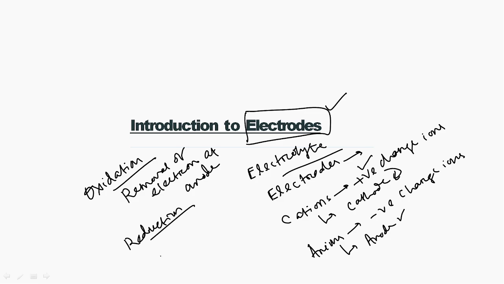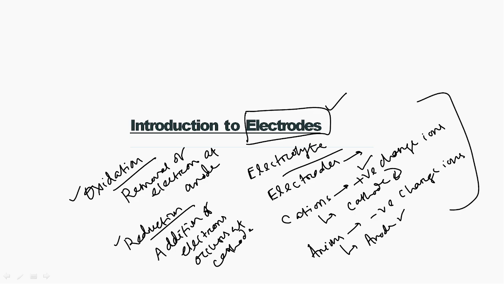This process is the addition of electrons, which occurs at the cathode. So these are some processes which are actually going on during the process of capturing these biopotential signals. We will see how they are helpful in